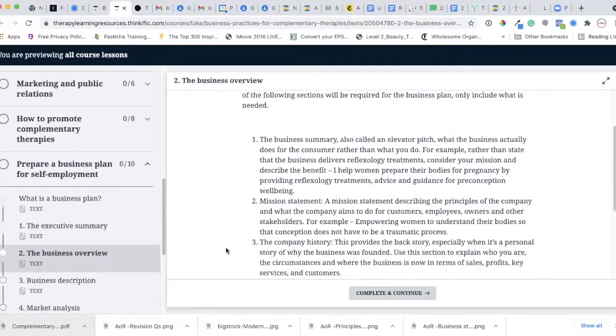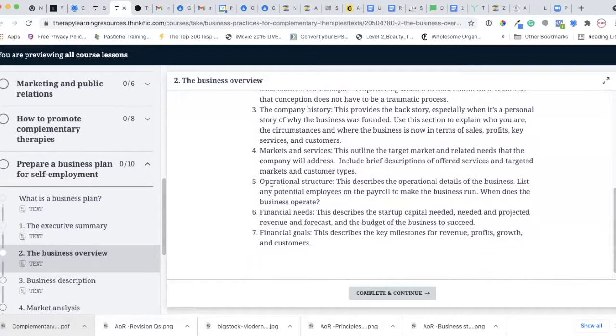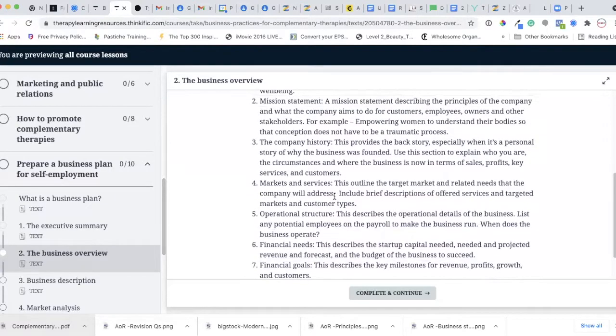The business overview is in a little bit more detail. It's a little bit more about exactly what the services are. So you might say, this is the solution. The solution is providing complementary treatments for carers in order for them to feel more rested, more relaxed, and also to feel more valued, that they're actually getting some time for themselves as well. And in order to do that, I'm going to offer Indian head massage, I'm going to offer some Reiki, I'm going to do a health check with them, I'm going to give them a time that they can